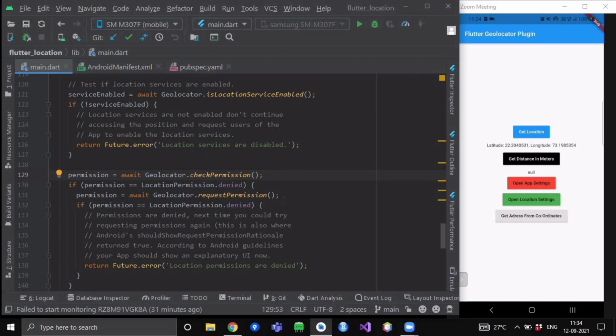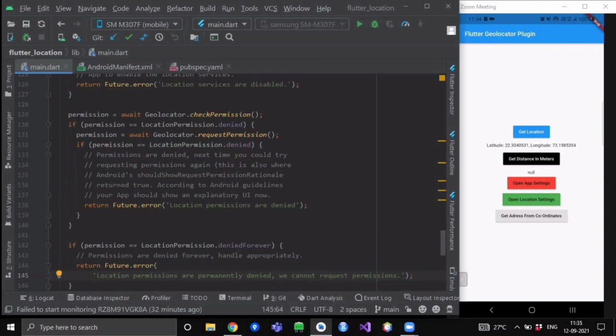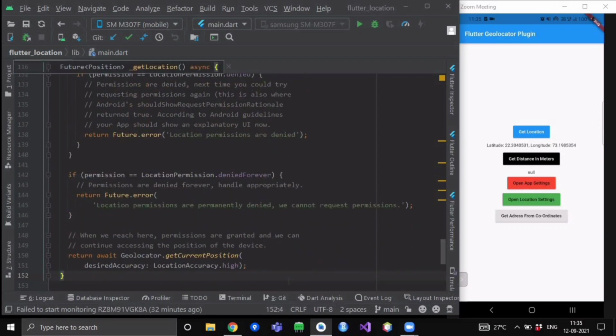So if a user denies it, then it will return a future error method, and it will be returning "location permissions are denied". Otherwise, if the user selects denied forever, if it doesn't allow the app to use any location services, then we will return a future.error method, and here we will return the message "location permissions are permanently denied, so we cannot request permissions". Otherwise, if the user has allowed the application to use the locations, then we will return